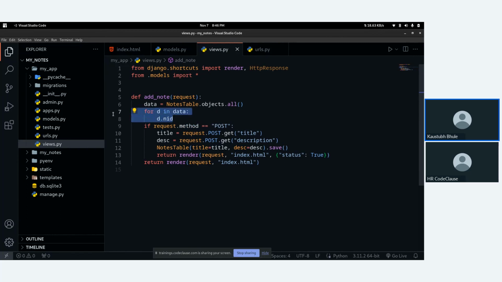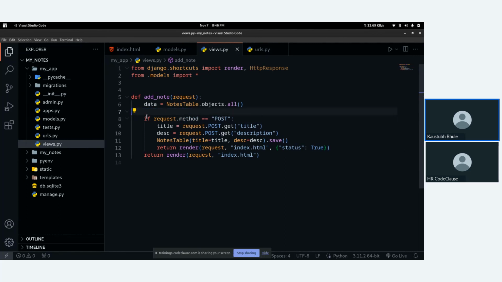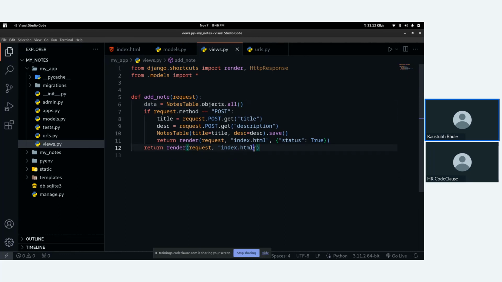So what we will do now? We will not add the for loop here, but instead we will just send this data to the index.html file if the data is not none or null, we can say.